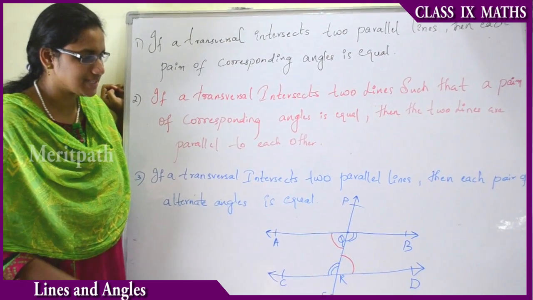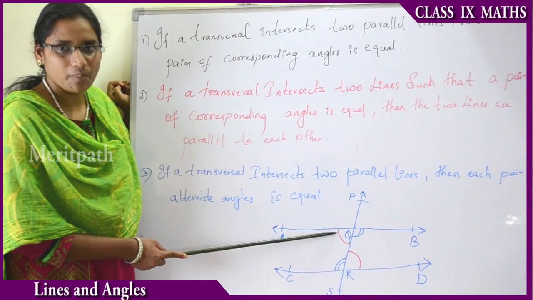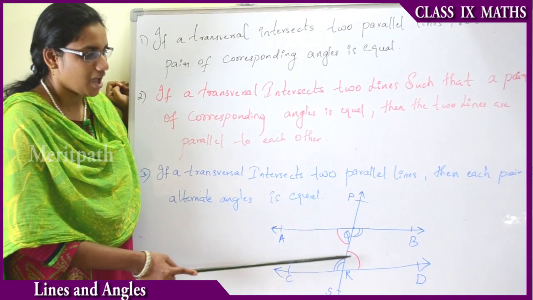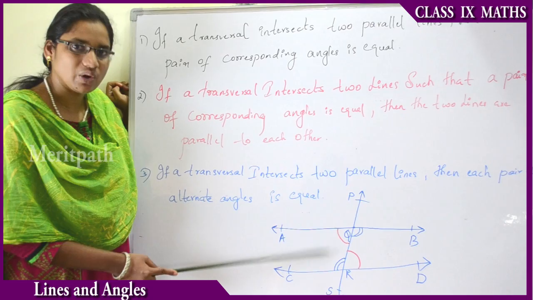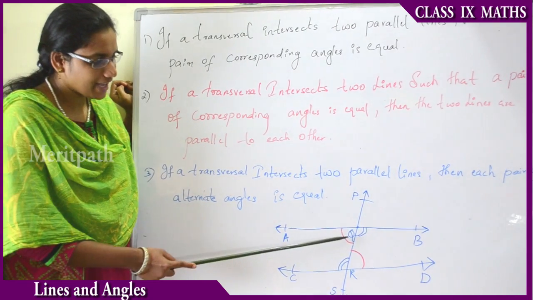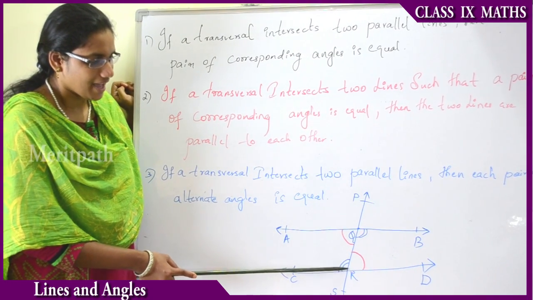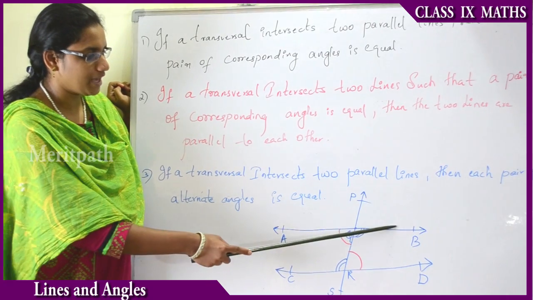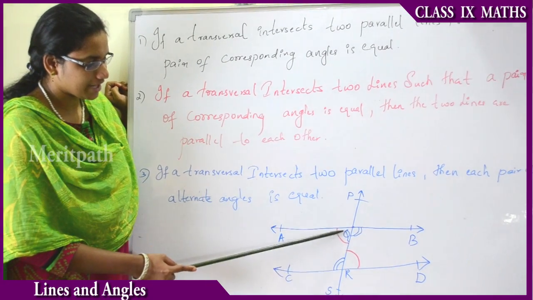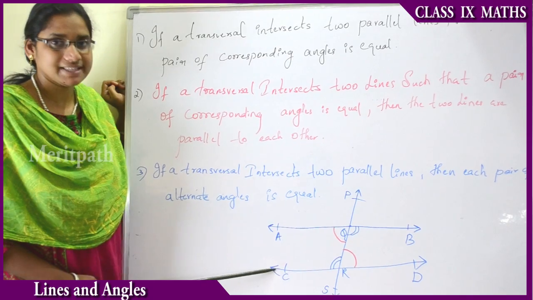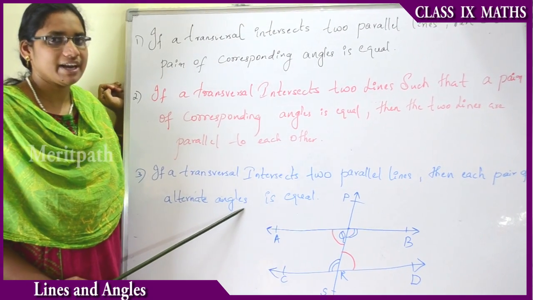Alternate angles means the angles which are opposite to each other, that is, the corresponding angles are the same as alternate angles. Angle Q will be equal to angle R, and angle PQB will be equal to angle QRC, that is, alternate angles. Now let us see other